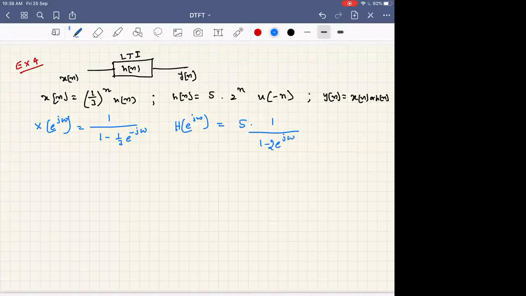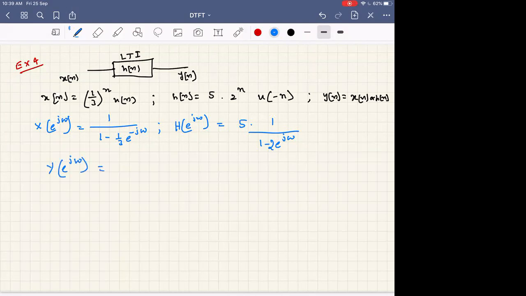In this case minus n is there. So if you wish, you can use the properties and write it, or you can directly use the definition. If you use the definition, minus infinity to 0 will be there in the summation, and this will be 2 power n with negative indexes, so that is not a problem. You can find it and get this. I leave this exercise to you. If you are already clear, no need, otherwise you do it. So now, y of e power j omega.